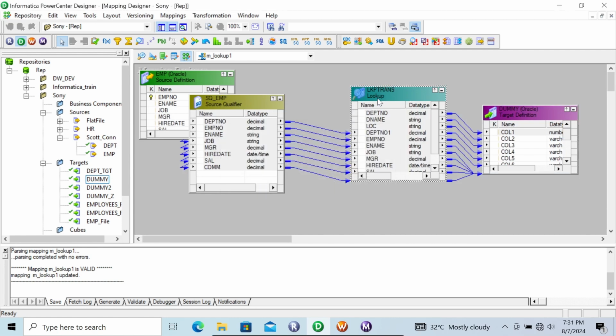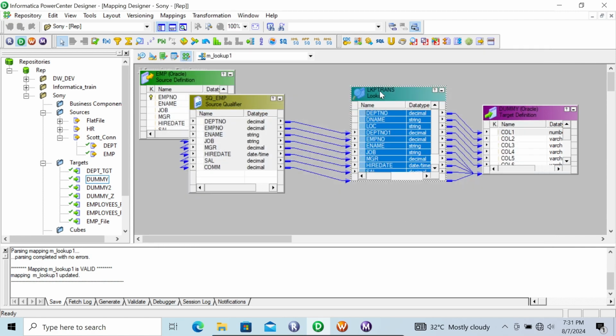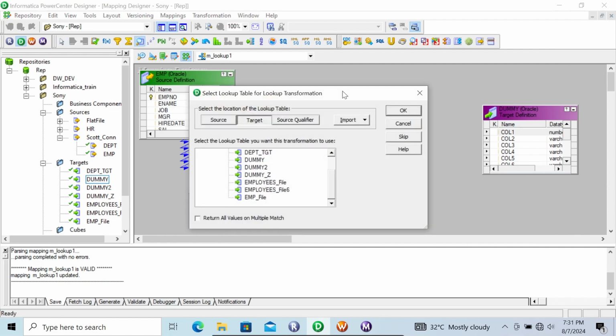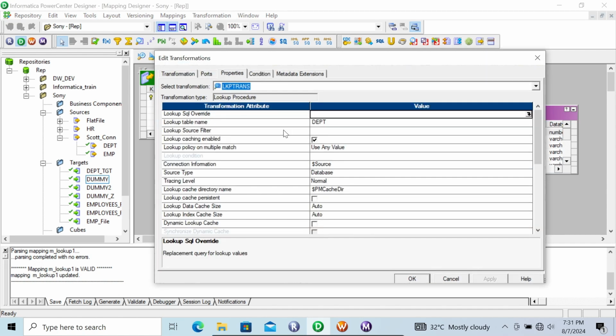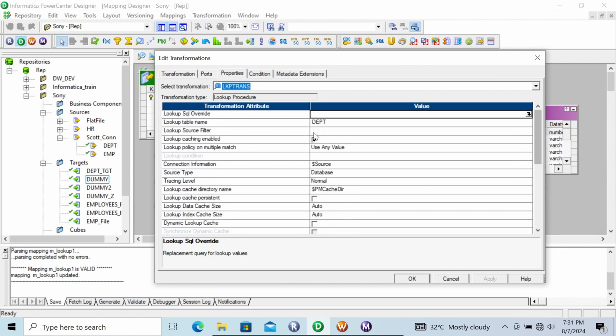So here one thing: most of the properties are disabled when you are using the lookup transformation when our source is a flat file. But this time I'm going to use the source as a relational table. So let's take the source as the relational table, and I'm going to use DPT. Now if I go here, you can see most of the properties are enabled. So the important thing is,